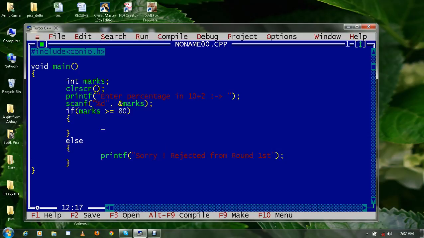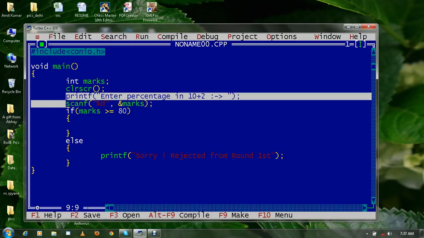But in case he is not rejected, then we will accept marks for graduation, or for second round, you can say. For that I am copying it with Control Insert and pasting it here with Shift Insert.